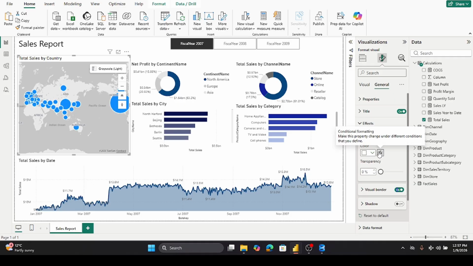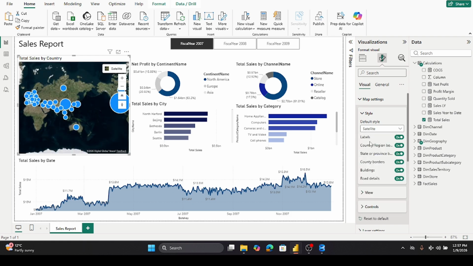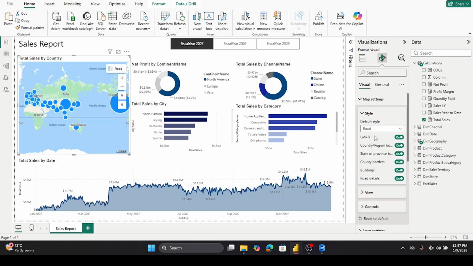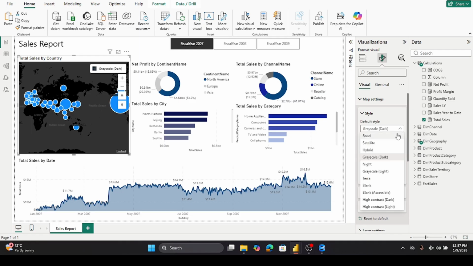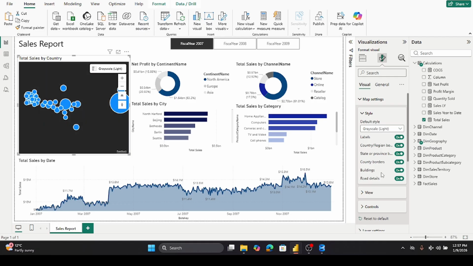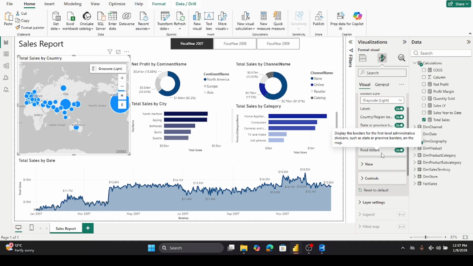Just to explore what we can do more in these. We can use the, like this. No, we'll use the grayscale as before, and